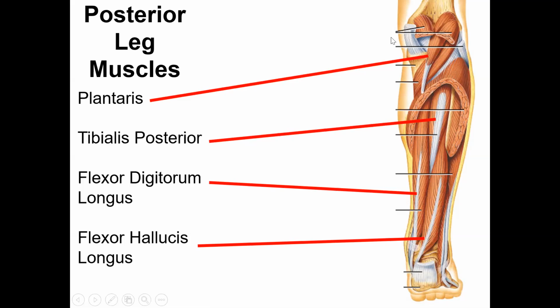And the plantaris muscle is very similar to that muscle. We've got the tibialis posterior, which is posterior to the tibia here. We've got the flexor digitorum longus on the medial aspect, rather, and then the flexor hallucis longus on the lateral surface here. So the function of these 2 muscles, the flexor digitorum longus and the flexor hallucis longus, is flexion or crouching